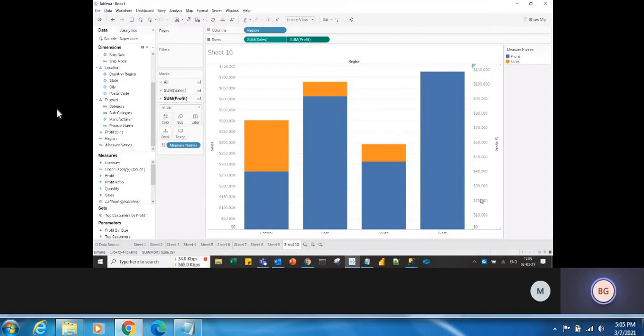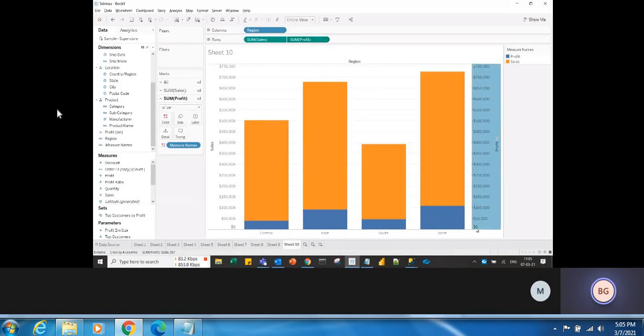So in this case, you can go for dual axis and you can go for synchronized axis. See what happens here? Both the axes will get synchronized. Okay, so that is the use case for when to use synchronize and when not to use it. Does that answer your question? Yes.